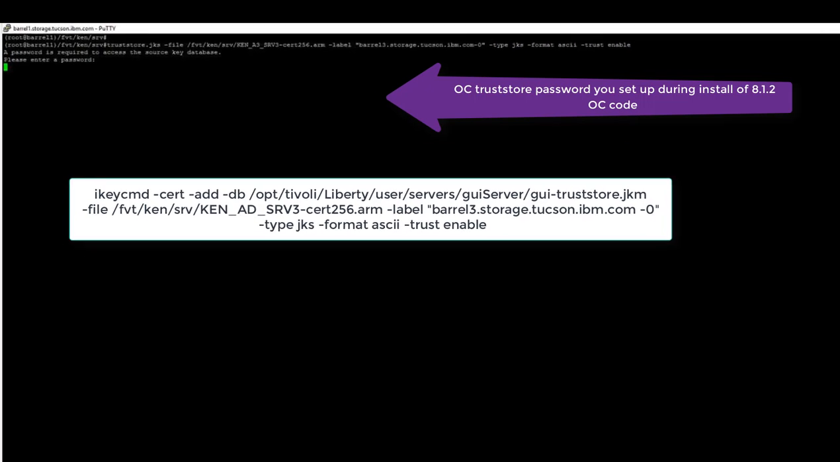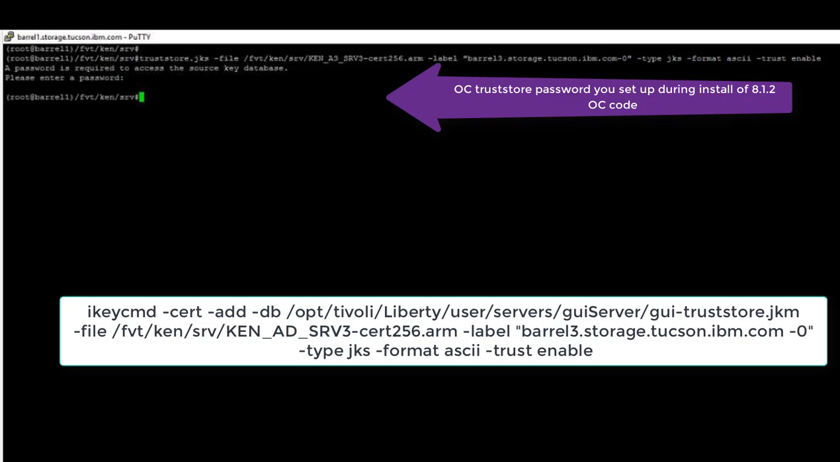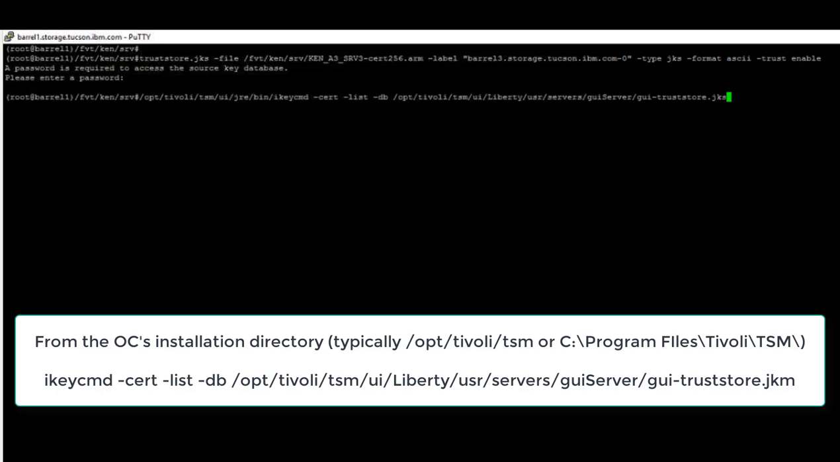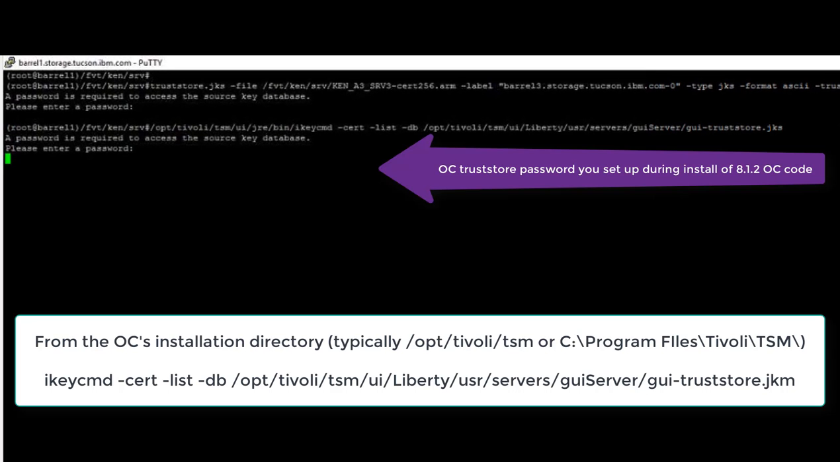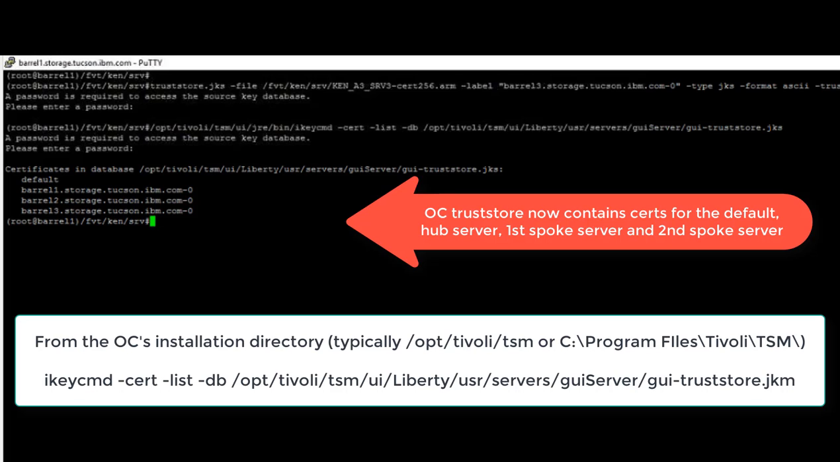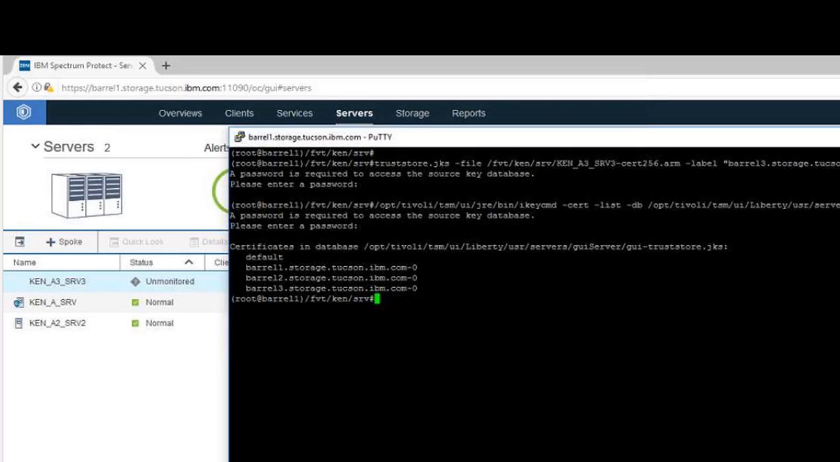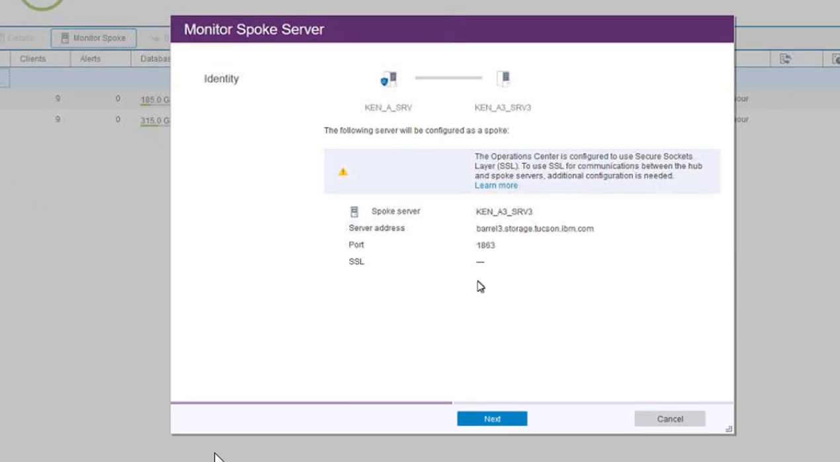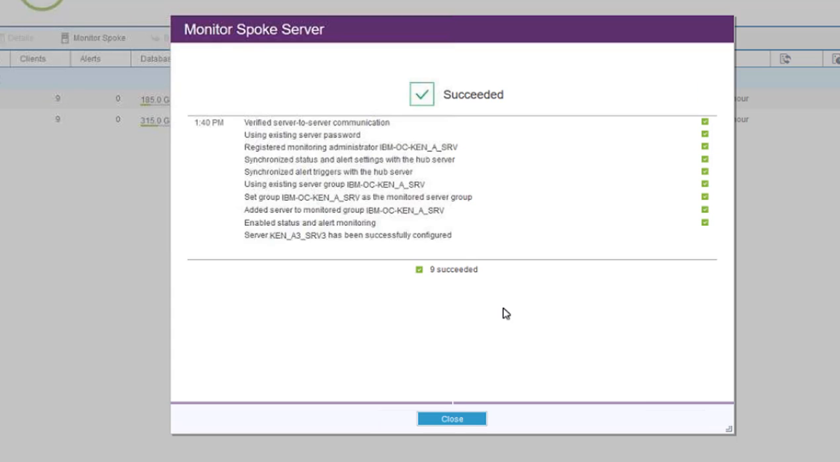You'll be prompted for the password that you used when you set up the Operations Center. And now if you list the contents of the Operations Center Trust Store, you'll see that it now contains 3 entries plus the default. So we have an entry for the Barrel 1 hub server and then the Barrel 2 and 3 spoke server. Back in the Operations Center, we want to take Barrel 3 and actually monitor that spoke